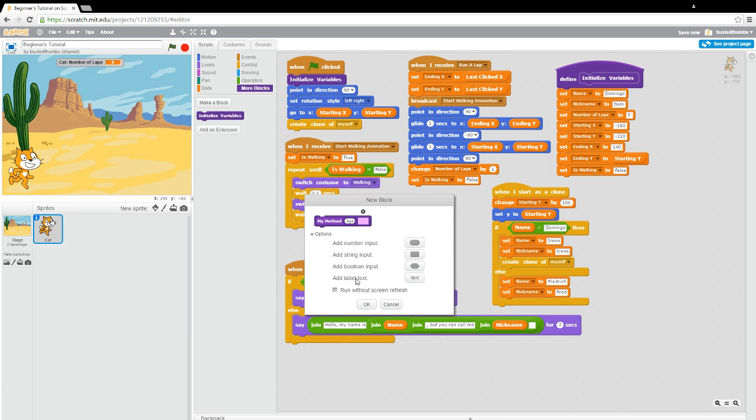And they did this just because a lot of programmers were writing things that they thought would have interesting effects of their sprites running across the screen, and they would never see it because the program would happen so quickly that it would just go right to the very end of that loop. So they simply made it easier for new programmers to see what's going on by introducing this artificial delay. If you check that box, that artificial delay goes away,